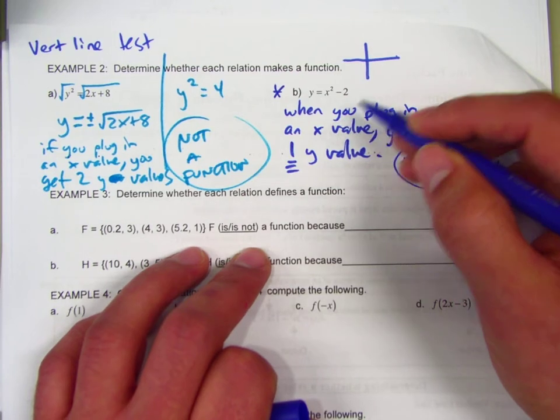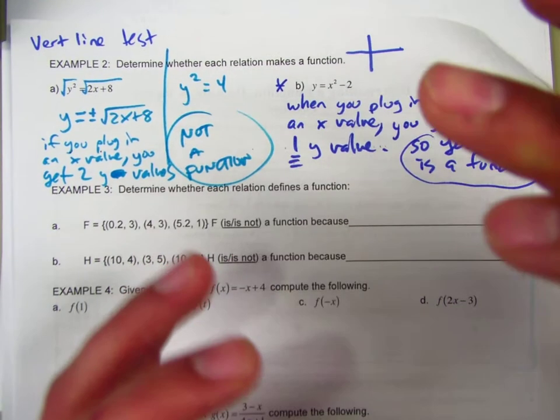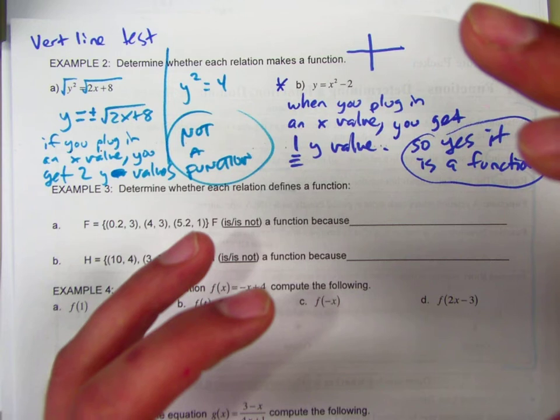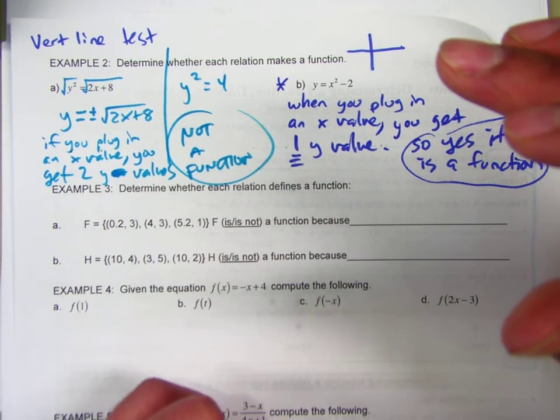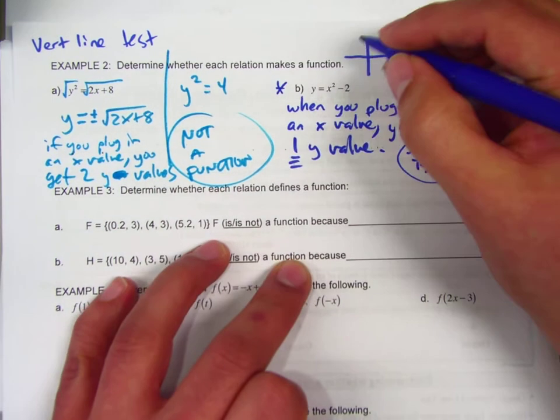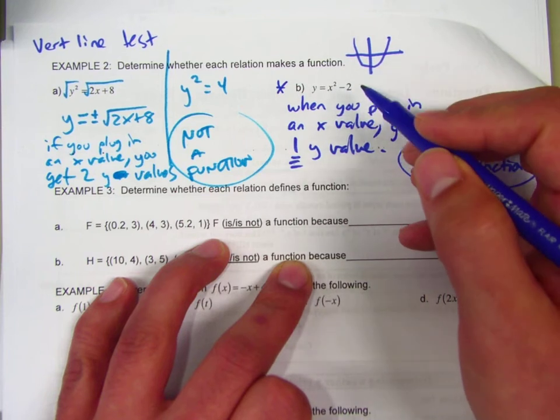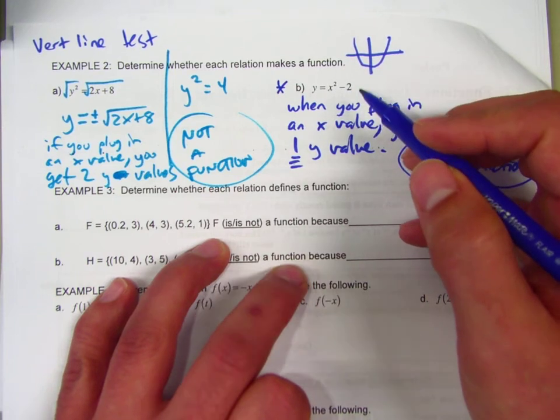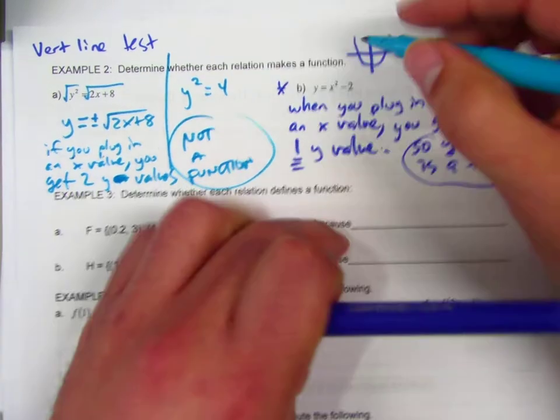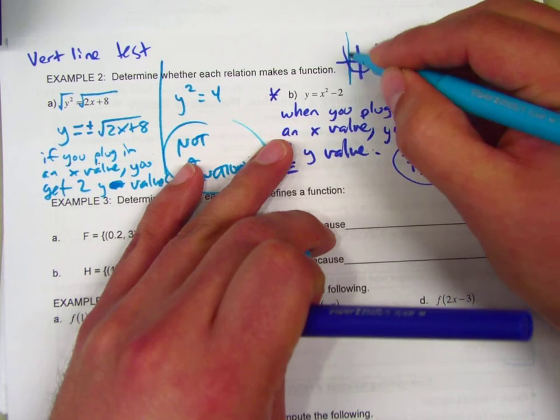Right. That would be if the minus 2 was inside of the square. But you're on the right track. Down. It's just going to move it down 2. So this picture is just a regular parabola just shifted down. Does that make sense? And remember that the vertical line test tells me that if I take a vertical line